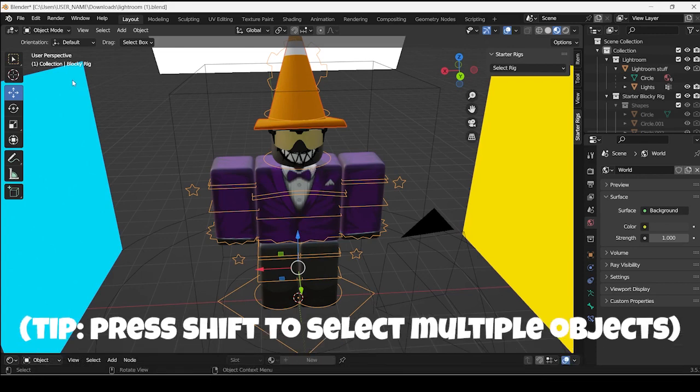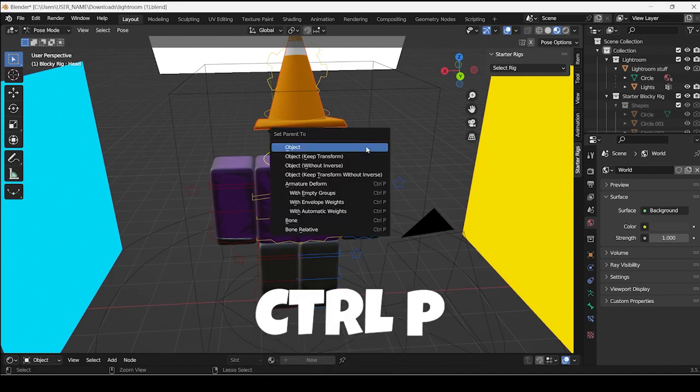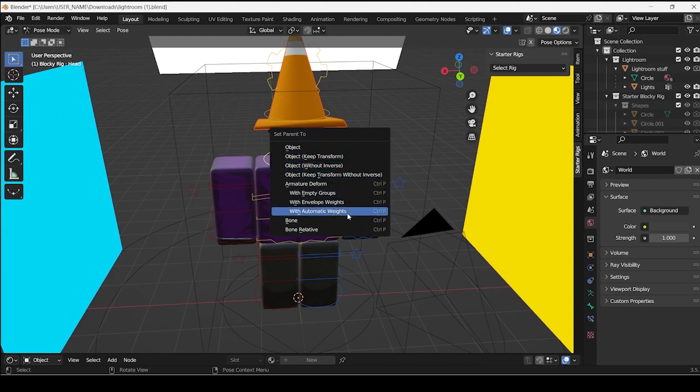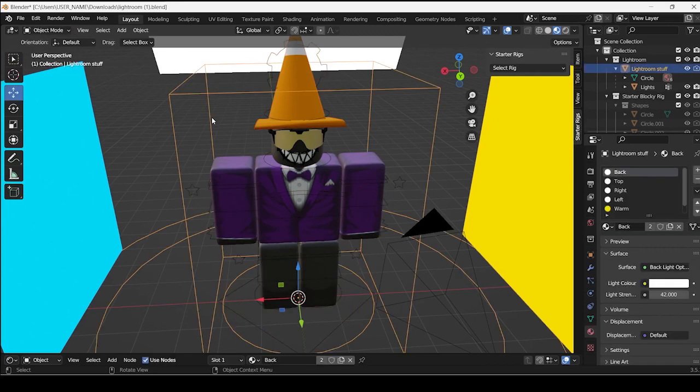Click on that. And then top left, go click on object mode and go to pose mode. This is where you can pose it. Click on the bone again that you're connecting it to and hit Control and P. And then in this drop down menu, hit bone. And now they'll have welded together and you can go out of pose mode,